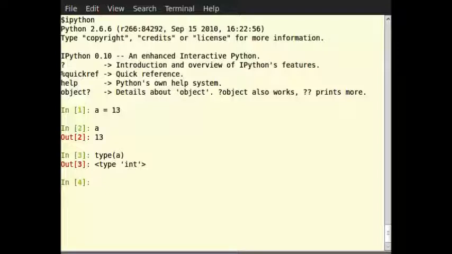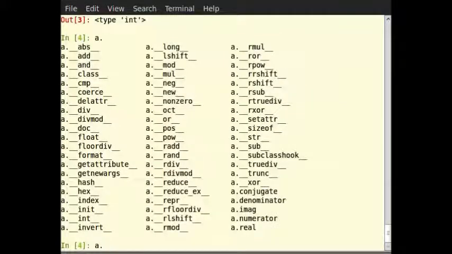There are a lot of functions associated with the int data type. They manipulate it in different ways. These can be explored by typing a dot tab. The int data type can hold integers of any size. Let's see this by an example.